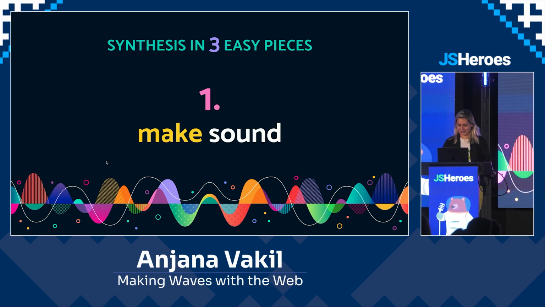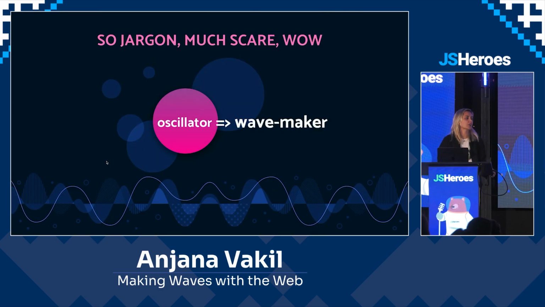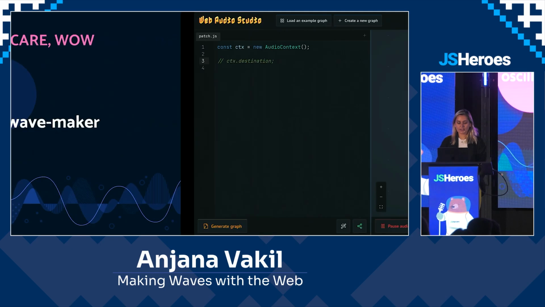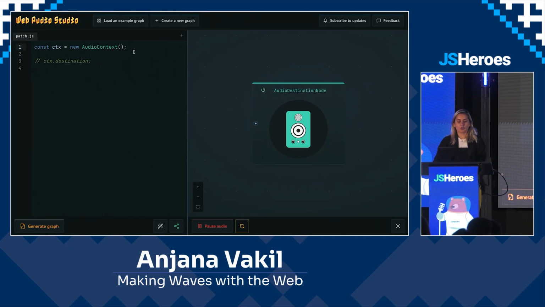Step 1, make sound. To do that, we're going to use an oscillator. An oscillator is a little thing that oscillates, goes back and forth at a particular frequency, a particular number of times per second. And essentially what that does is it creates a wave. And that is going to be something that our ears and our brain can interpret as sound. So in our WebAudio API, on our context object, we can call createOscillator. I love it when things are named clearly, don't you?